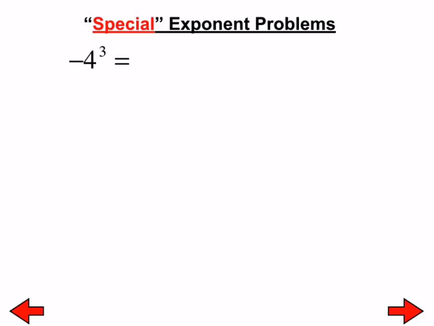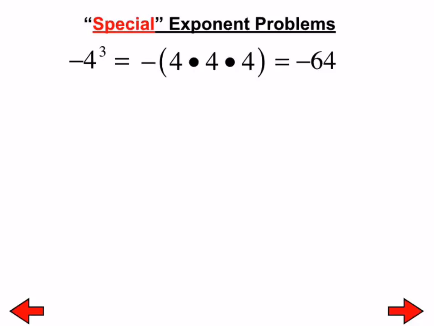-4 to the third power is, of course, -64, but this is the reason why it is -64, because -4 to the third means -4 times 4 times 4. The exponent goes with the 4, not with the negative. And once again, we have more blank areas that we're supposed to be filling in here, and that's the reason